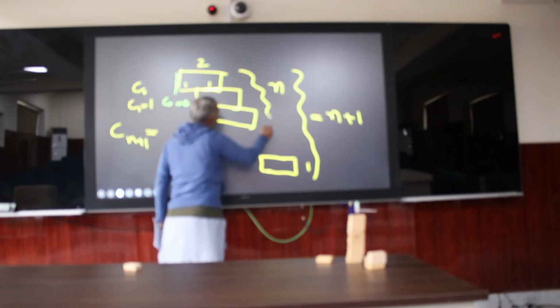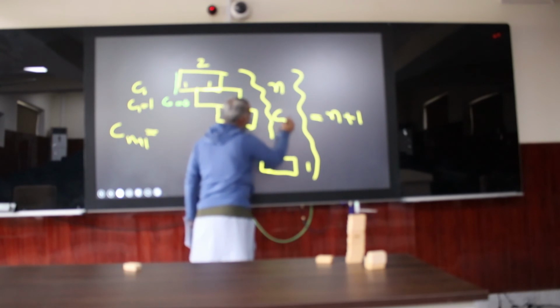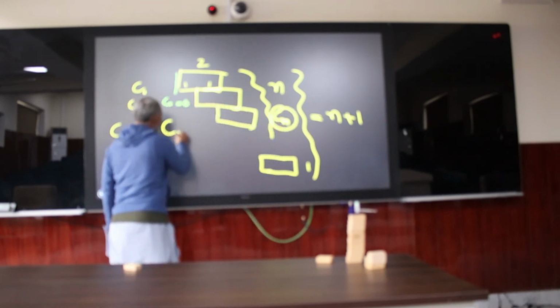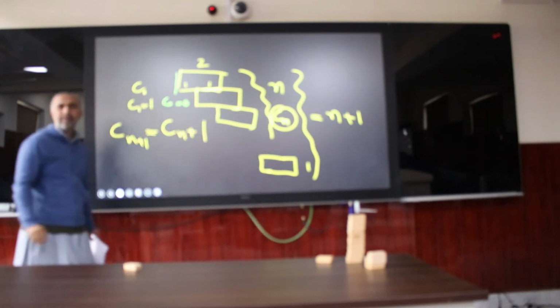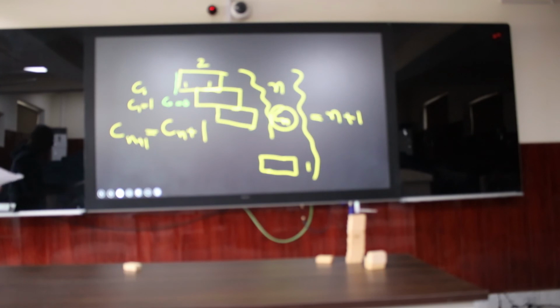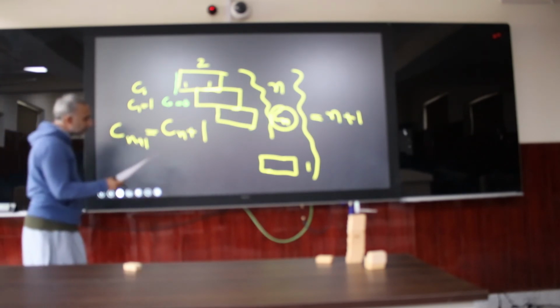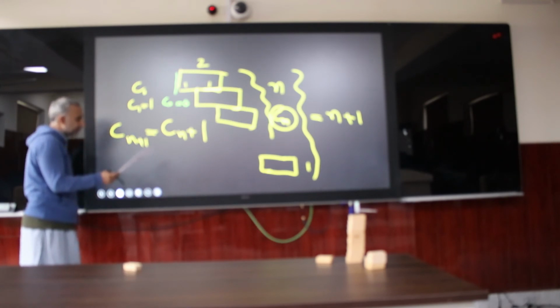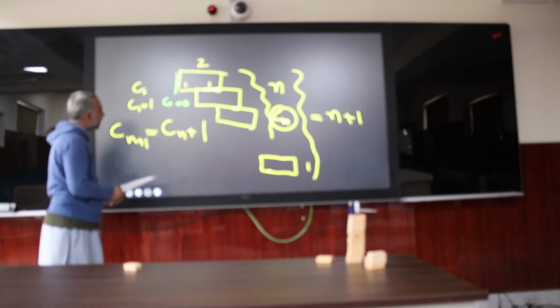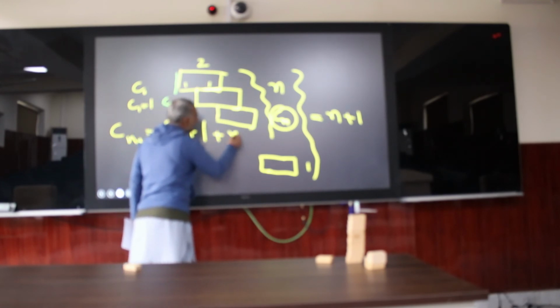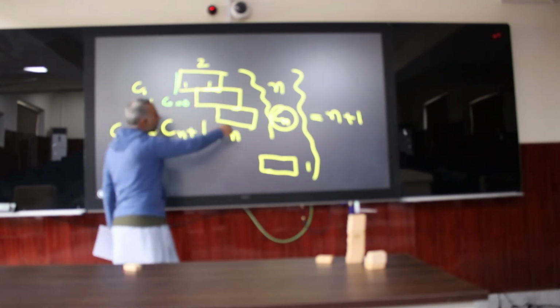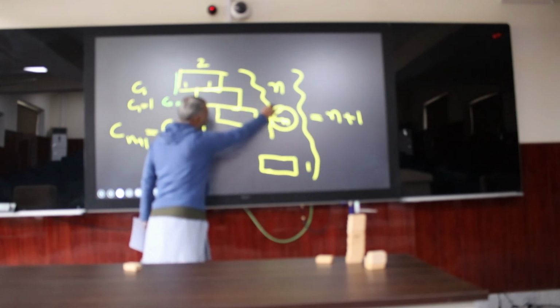If you are talking about these, then the center of mass of this is C n plus 1 block. And then, if I am talking about these n total blocks,